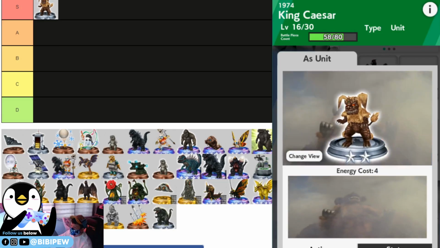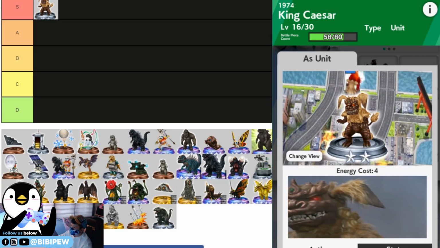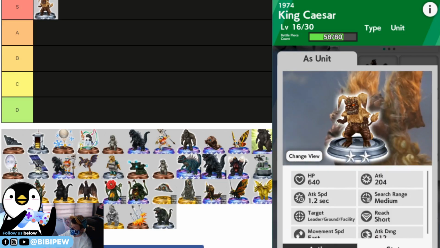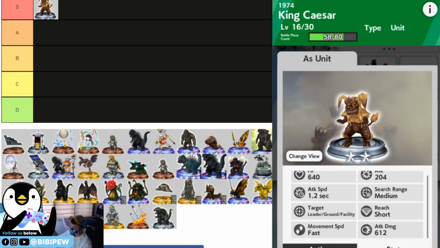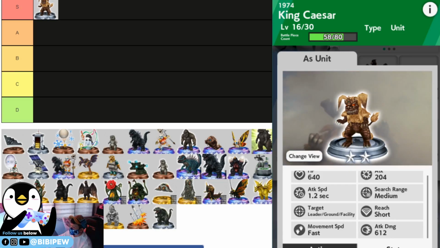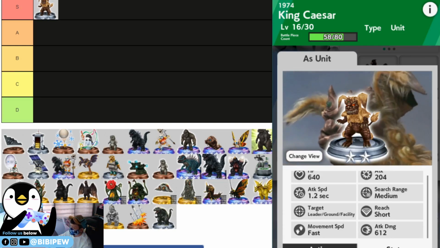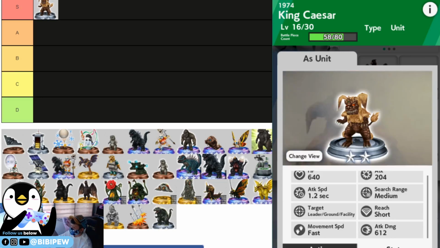Okay, the energy cost for King Sizzle in this season did not change, but the attack speed for this is very fast. I will be doing a solo King Sizzle review video maybe this Sunday or Monday. It has a very high damage, and even though the range is short, it can really one hit KO